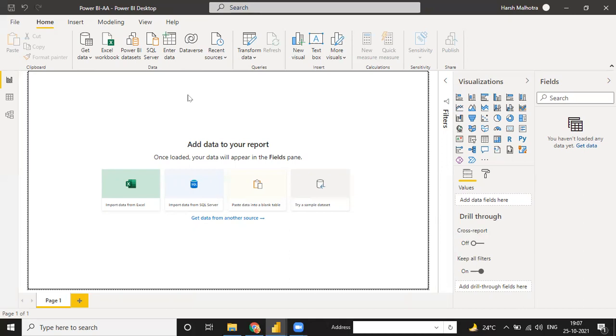So this is our Power BI screen, guys. I will first give you an overview of it. This is the Power BI home screen, with tools that help us with formatting, transformation, adding columns, and visualization for our project. And these are our three main screens. First is the report pane, where we can make every dashboard and report.